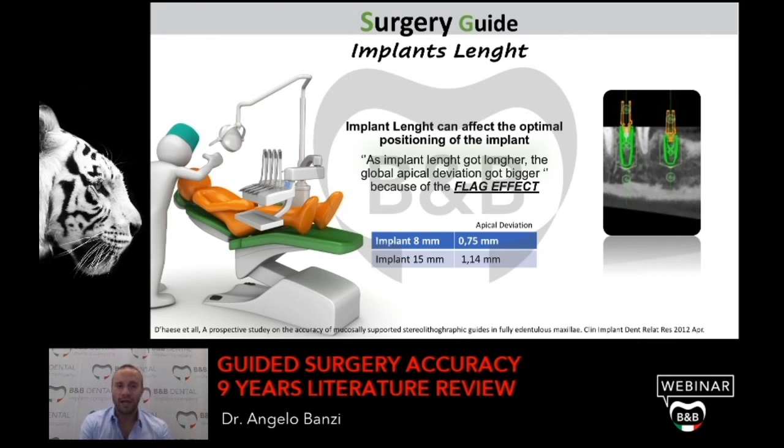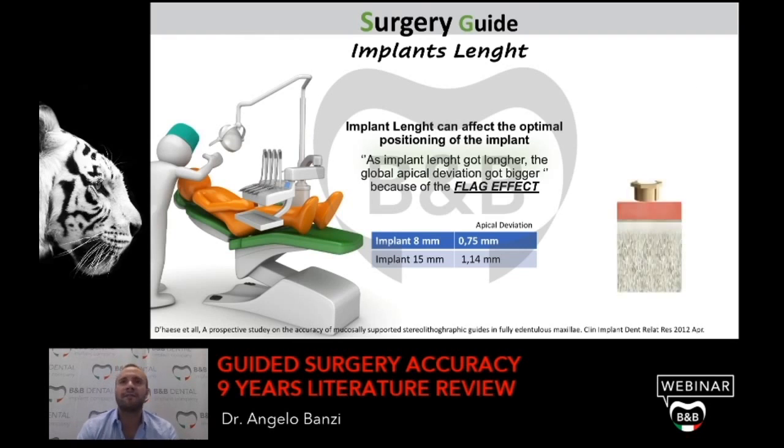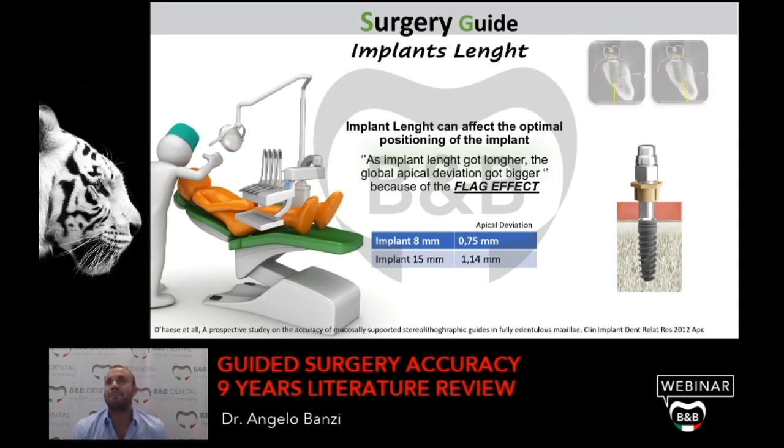This is true, and the problem is what we better know as the flag effect. What is the flag effect? The flag effect is an effect that brings a sort of deviation of the apical part of the drill and implant. Why? Because when I prepare the bone with the drill and place the implant, it can happen that, looking for the bicorticalism, because it's very easy to work looking for the bicorticalism with a guided technique,